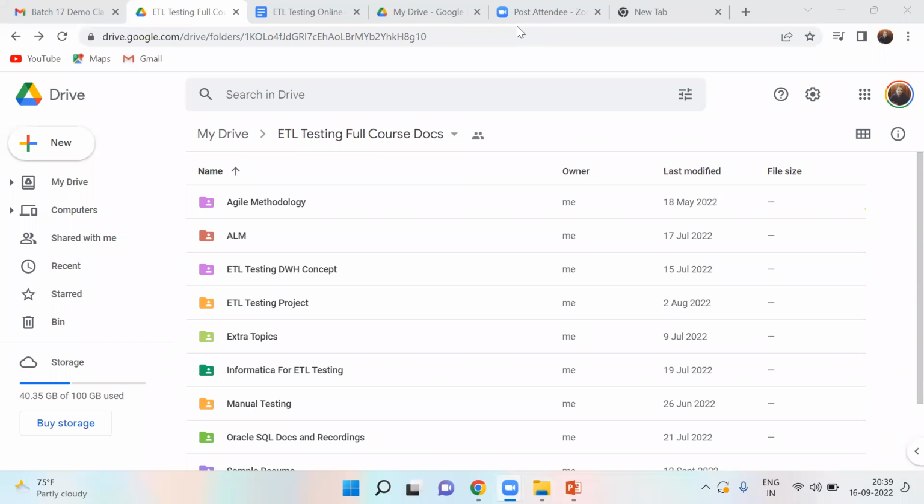But ETL is like, if you are looking for a job in a faster way, or if you're already working in manual testing or other things and you are looking for a hike and to get a job faster, then ETL testing will get you a job or hike faster. Whoever is not working and whoever is working, for them I'm saying.